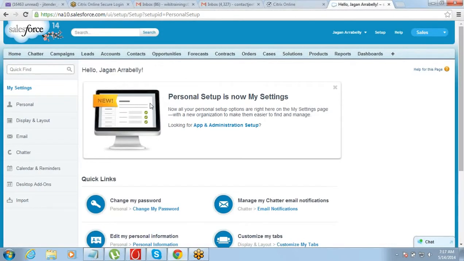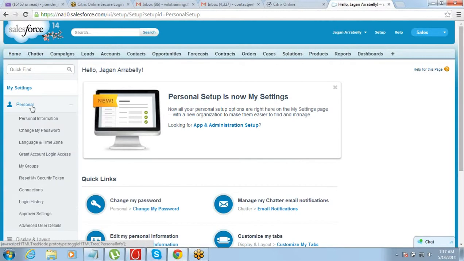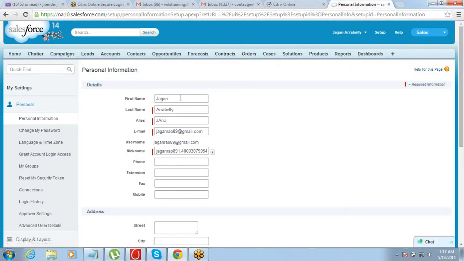Okay. Once you have created a login, the first thing I would want to tell you is how to change your personal settings, something as simple as your name, email ID, or password. Go to My Settings, go to Personal, click on Personal Information, and you will have the option of changing your first name, whatever you put while creating it.